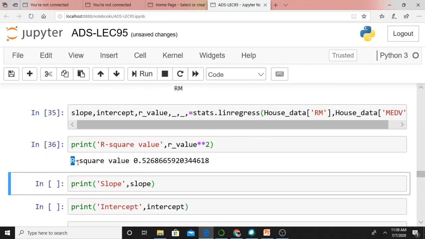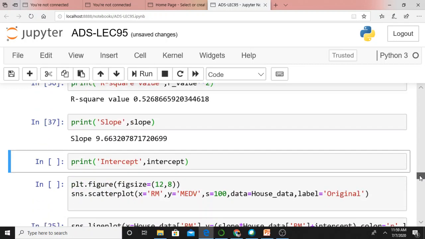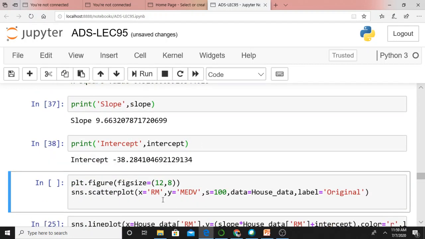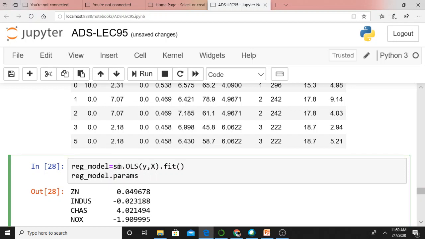This is the R squared value. I already calculated the slope, which I calculated with the help of SciPy. This is the intercept; you need not bother about it. There is also something like statsmodels, where sm is an alias for statsmodels. I already fitted a regression model using statsmodels.